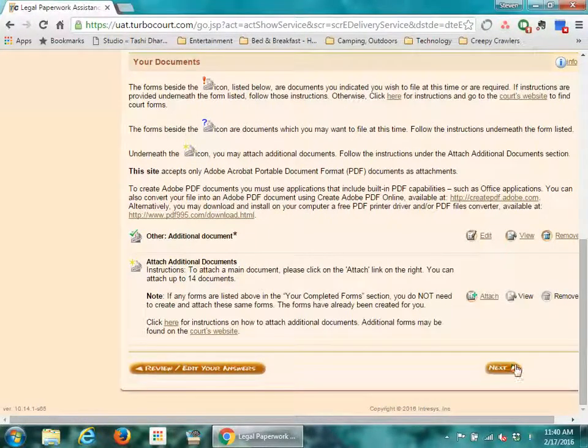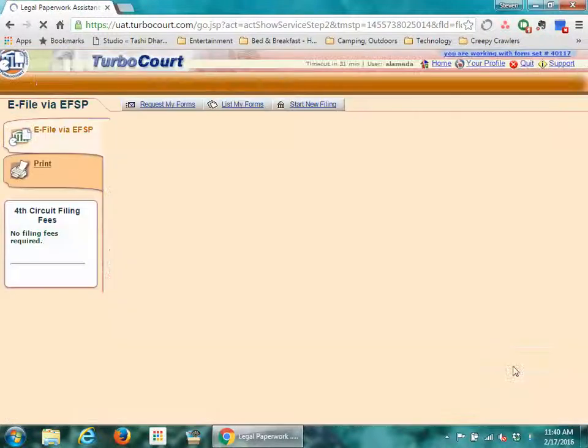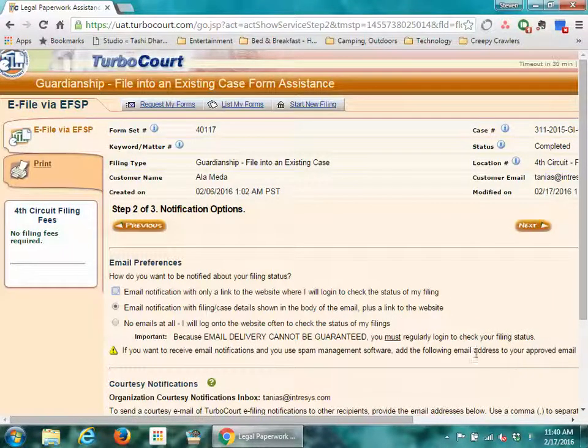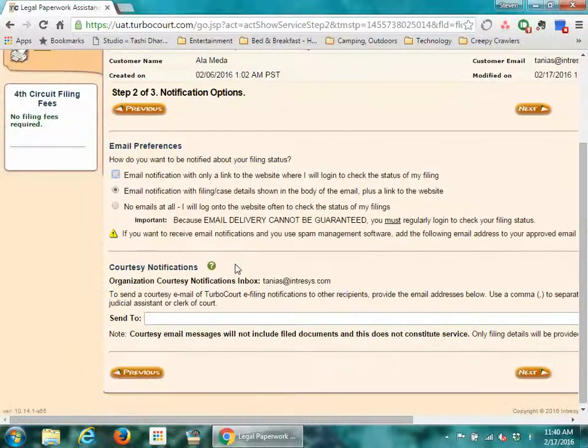Click Next, and you can review your notification options that you selected during registration. You can also indicate the email addresses of other people that you also want to receive courtesy notifications. These are the notifications of the status of the filing as the court processes it. Otherwise, you can leave this field blank. Click Next,